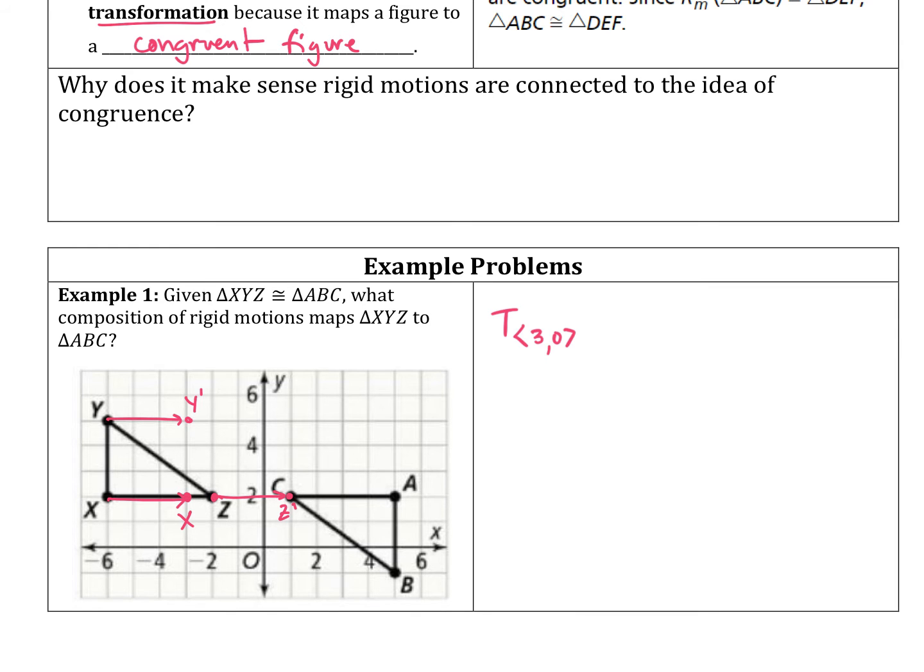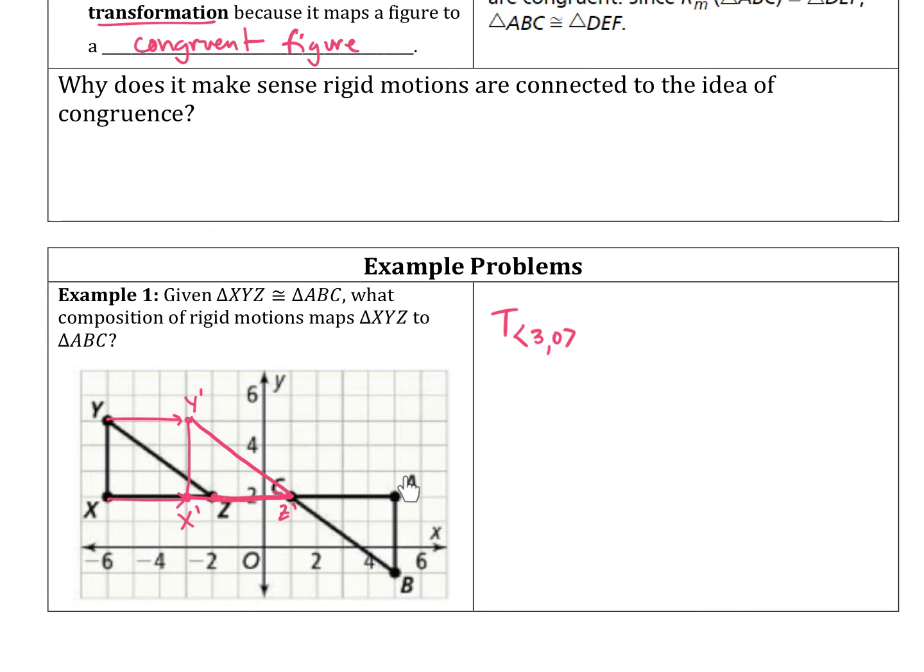What's that? Negative 3, 2. So now I would have my triangle x prime, y prime, z prime that looks like this. And now my question is, how do I get x to move to A and y to move to B? Some of you might be able to see this, but it looks to me like if I just rotated this around point C, or z prime, whichever you want to call this point right here,